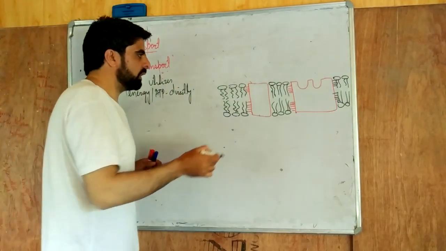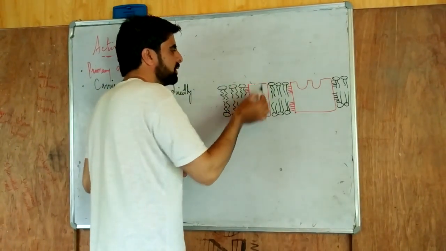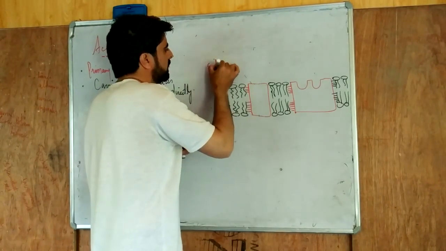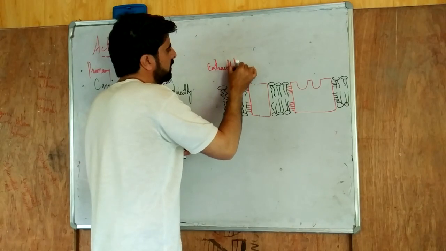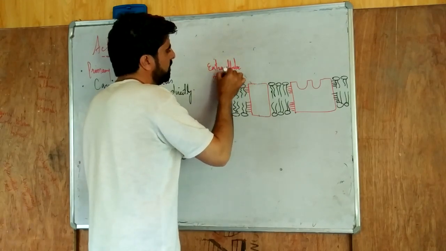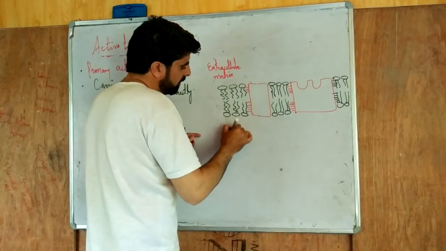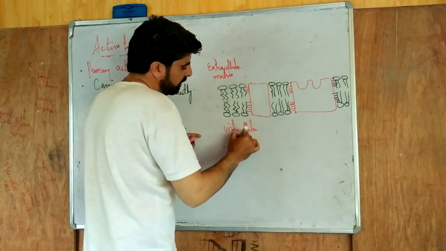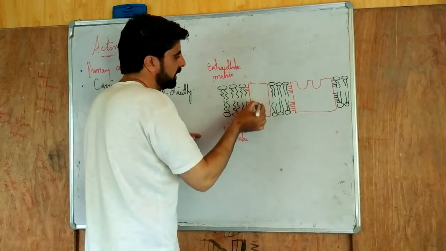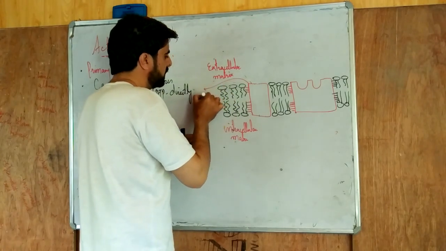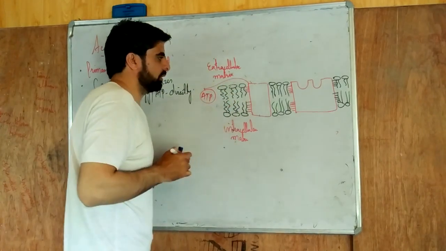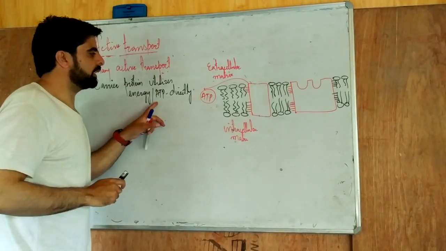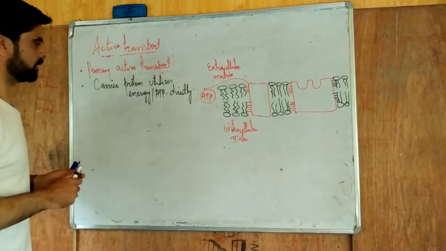That means for the activation of this carrier protein to move the substance from the external environment, that's from the extracellular matrix, the region located external to the plasma membrane, to the intracellular matrix, the carrier protein is utilizing ATP. So we can say this carrier protein utilizes energy or ATP directly in a primary active transport.